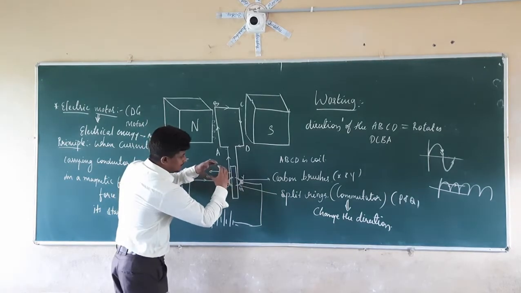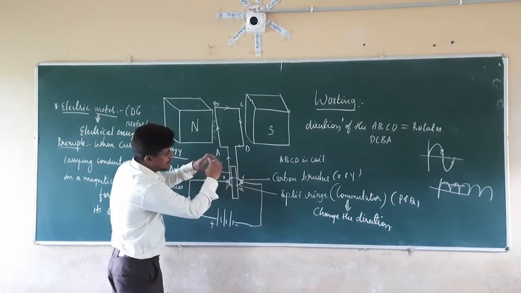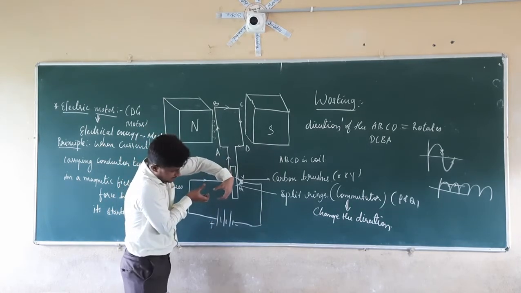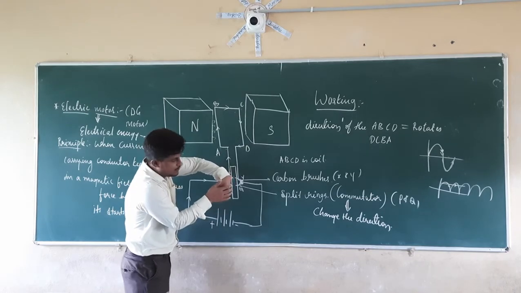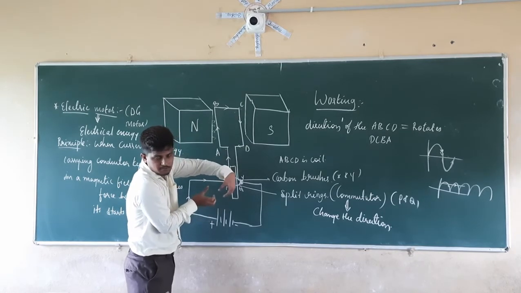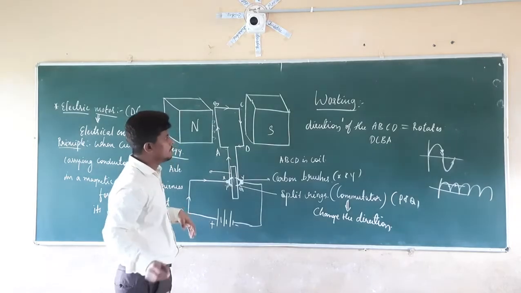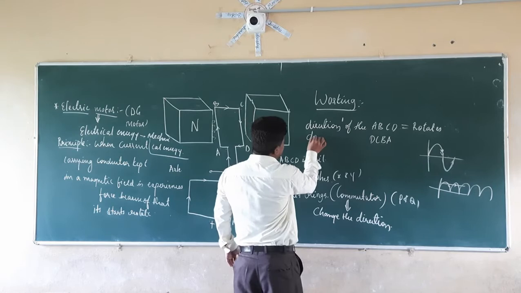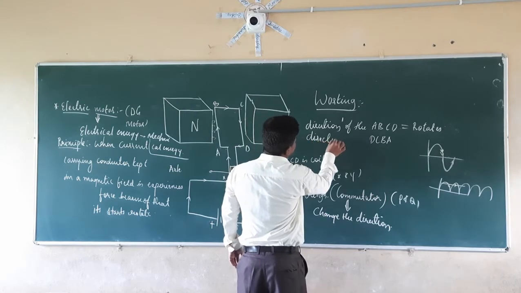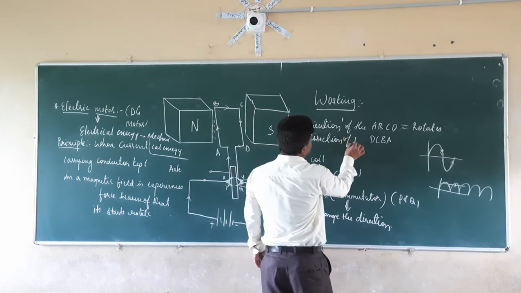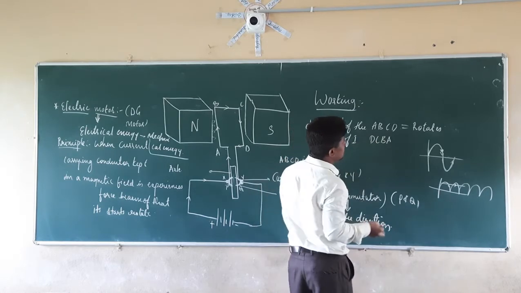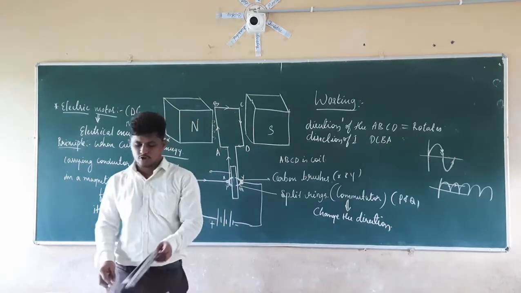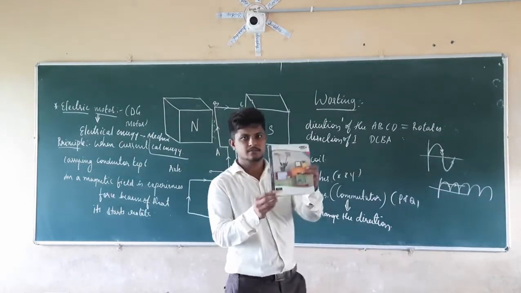When they rotate like this, it is connected to negative and this is connected to positive. When they rotate, there is the gap and they are going to come like this. So now this is connected to the negative terminal and this is connected to the positive terminal. Therefore, now the direction of the current I is from D, C, B, A. So we already have the half rotation here.